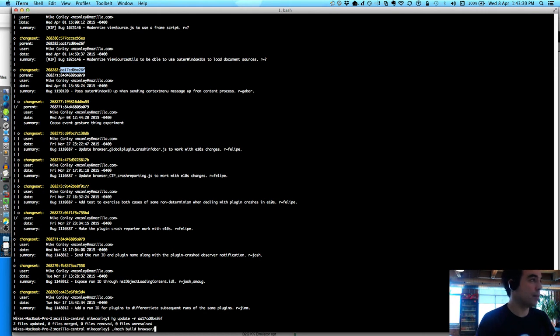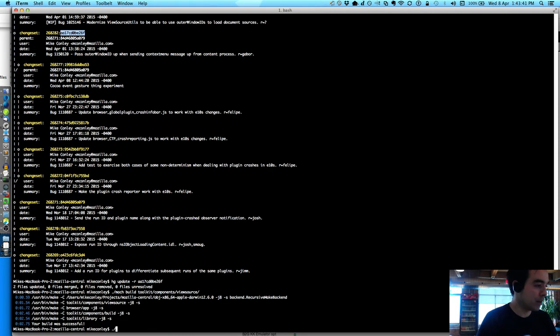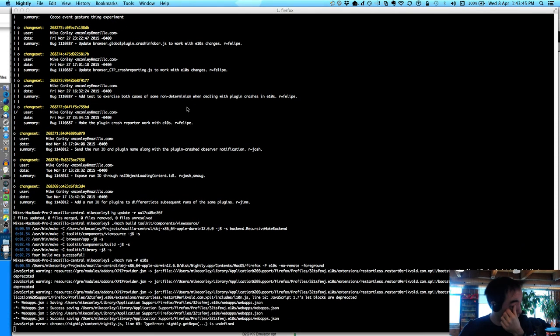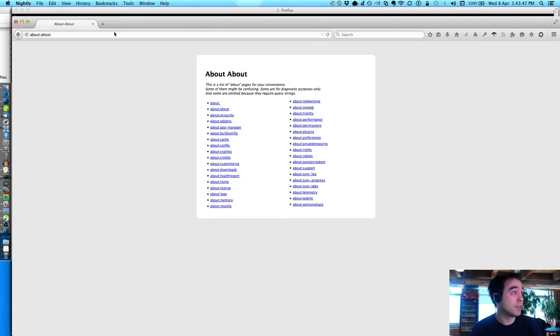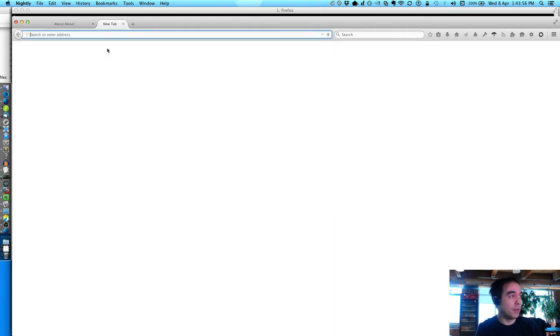quick rebuild because I want to make sure that none of this view source stuff. So I'll just rebuild components, view source, because that's the only stuff that changes in those last two. And then I'll run. And I just want to test to make sure that context menu stuff works in the eTNS and non-eTNS case. So these work. What about in the